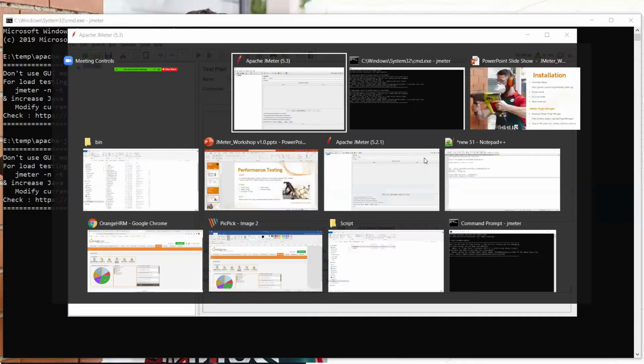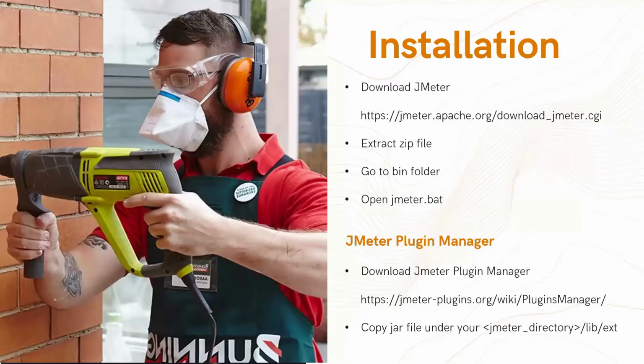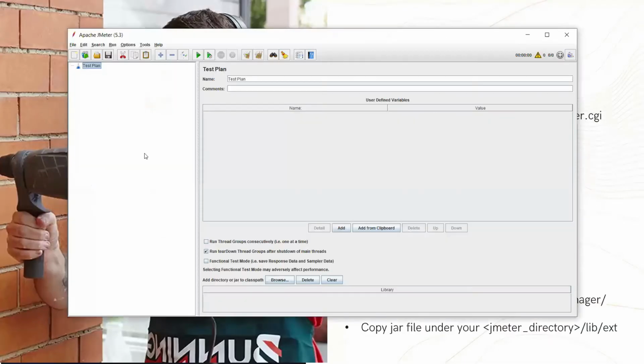All right, so this is how you can go with the JMeter installation. Now, as we do have this JMeter installed, we have this menu. It's like all the common software. We have those menus, run, clean, and all this. Now, JMeter is something where you need to do very minimal, or I would say no coding. You don't need to write much code, but most of the things are related to configuration. So we need to understand each and every component, each and every element of JMeter, and how you can use it.